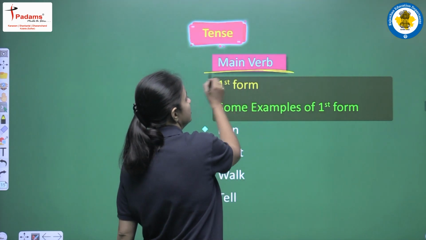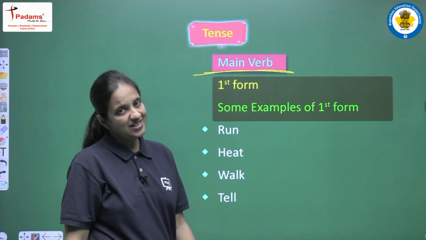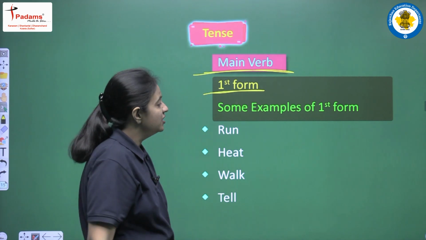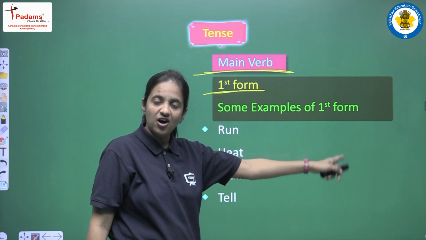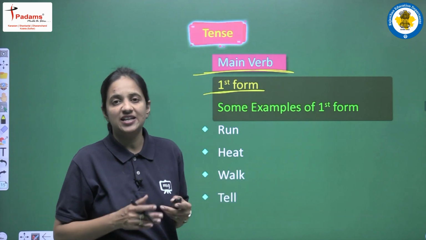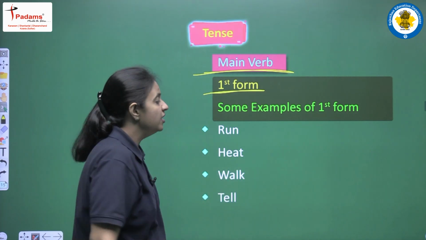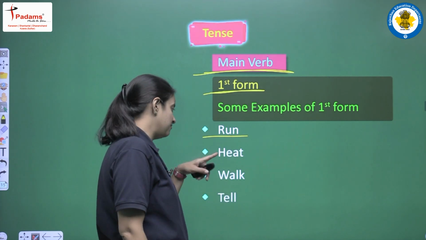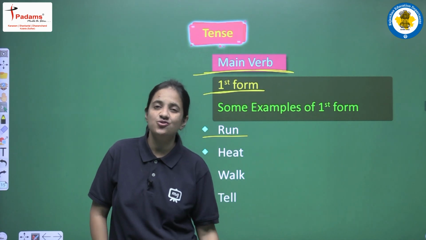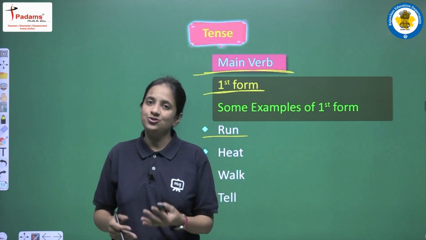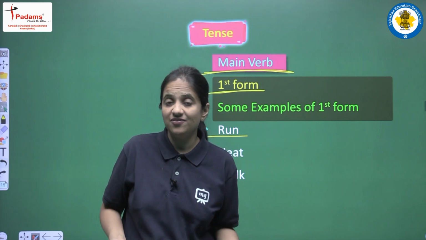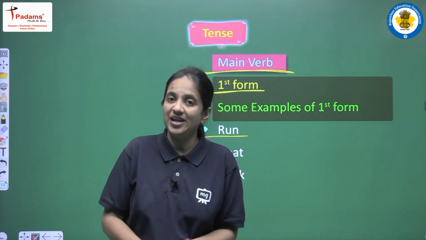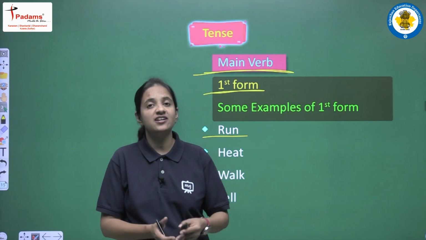Next, moving on, let's talk about the main verb. In this tense, what is the form of the main verb that we use? Yes, in future simple tense, we use the first form of the main verb. Now let's see some examples of first form. First form हमें कैसे use करनी है? First form कैसे होती है? Let's see, we have some verbs. First is run. We all know that run is the first form. Second is eat. Next we have walk, and then we have tell. This is actually a very easy tense, because we use the first form and we don't add anything. We don't add s, es or ing. Just write the simple first form of the main verb. So it is actually a very easy tense, regarding the main verb.